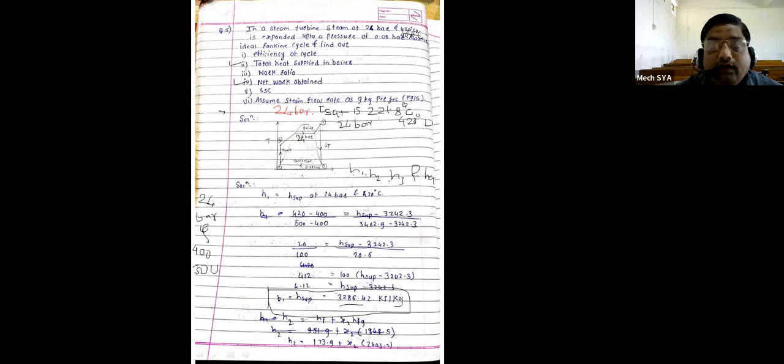So it is 3286.42 kilojoule per kg. So this is the value as H1 is equal to H2. Up to this understood? Please reply. Only Asmita Sarvade is replying. Others, please reply. Prerna Vankade, yes, sir. Understood. If you have doubts, you can ask me. So this might be the last numerical of this chapter, and we're completing this section today.